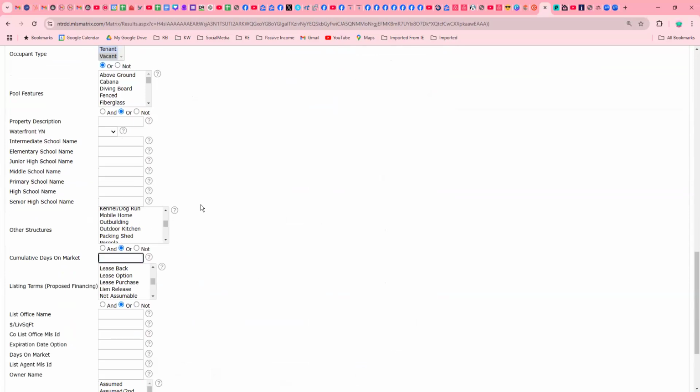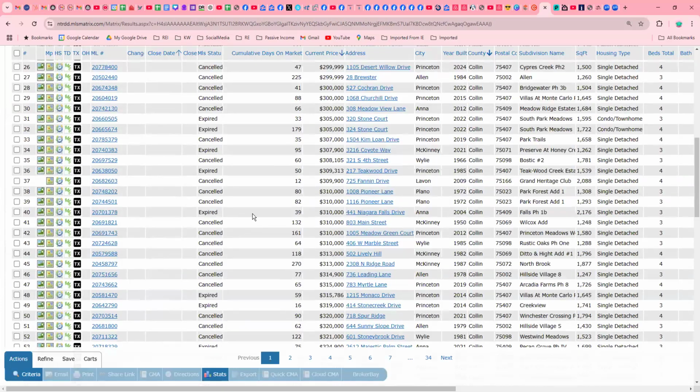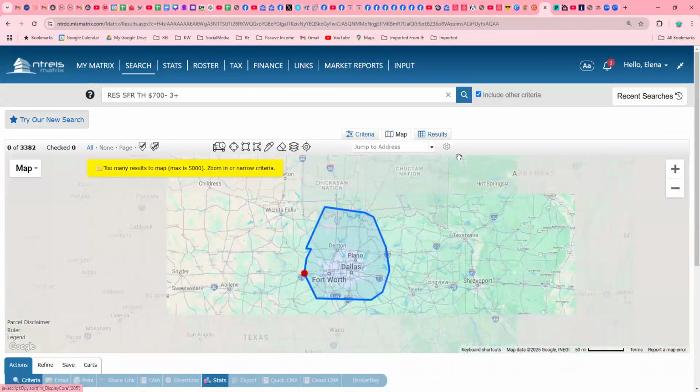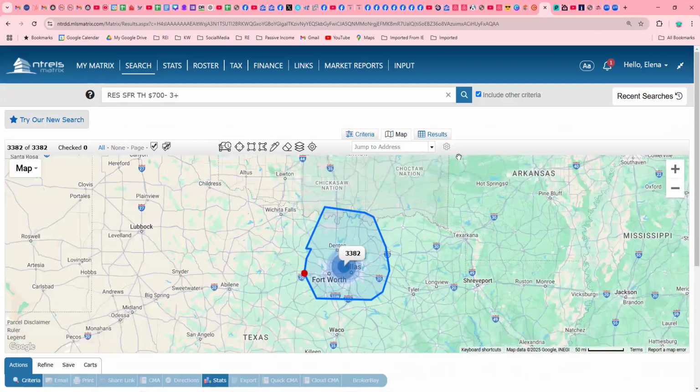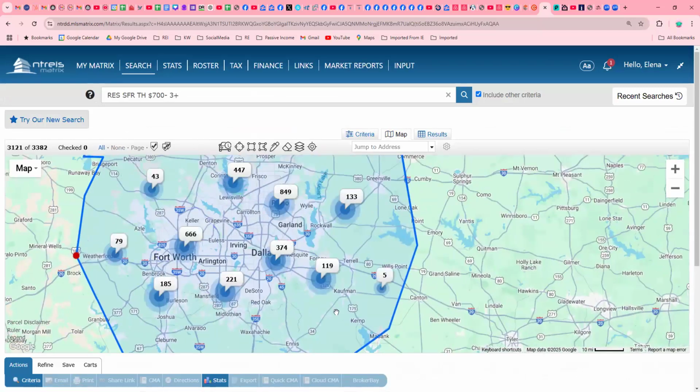Once we get the number of properties displayed, how do we then proceed with finding out where, how to contact them and what are their characteristics? Okay, let's take a look. So this is what our approximate visual representation would look like. And let me show you in just one second how it would look once we download the properties.